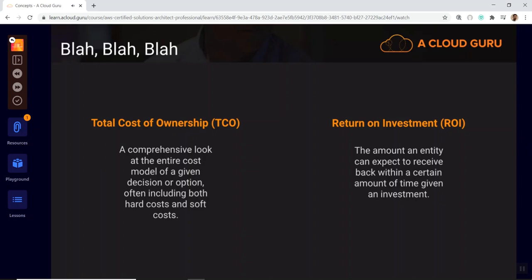Return on investment is I'm going to give you a certain amount of money, and this is the amount of return I can expect to receive back. Now note that return on investment isn't necessarily always a positive. Maybe it's just a break even, or maybe it's less of a loss than I would have if I hadn't invested that money. But when you're talking about these terms, be very, very careful because, in the immortal words of General Akbar,